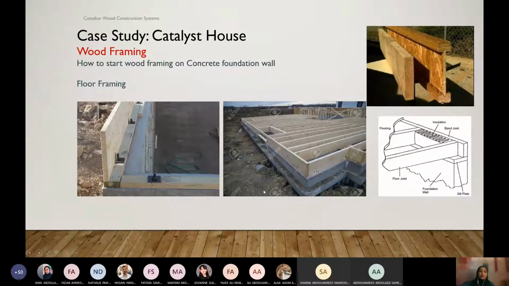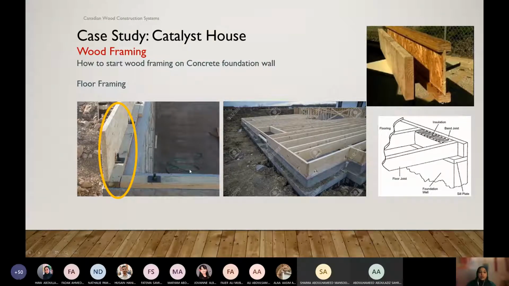So now when the mud sill is done, it's time to attach our floor framing. To do that, first of all, we attach this vertical piece. On the floor framing, these horizontal pieces we call joists, and this vertical piece we call a rim joist or rim board that goes all around our house, and it sits on top of that mud sill that I showed you in the previous slide.